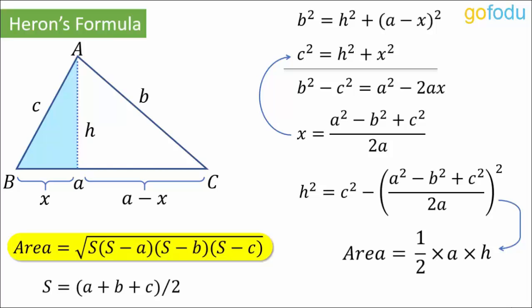Now you will have to work on this obtained result to get it as Heron's formula. I am leaving this to you. It is a little difficult, but what matters is that we have got area in terms of three sides. Not presentable, but it is Heron's formula in disguise. This was algebraic derivation in which we used Pythagoras theorem. The same could be derived using trigonometry as well. Check it in the description.